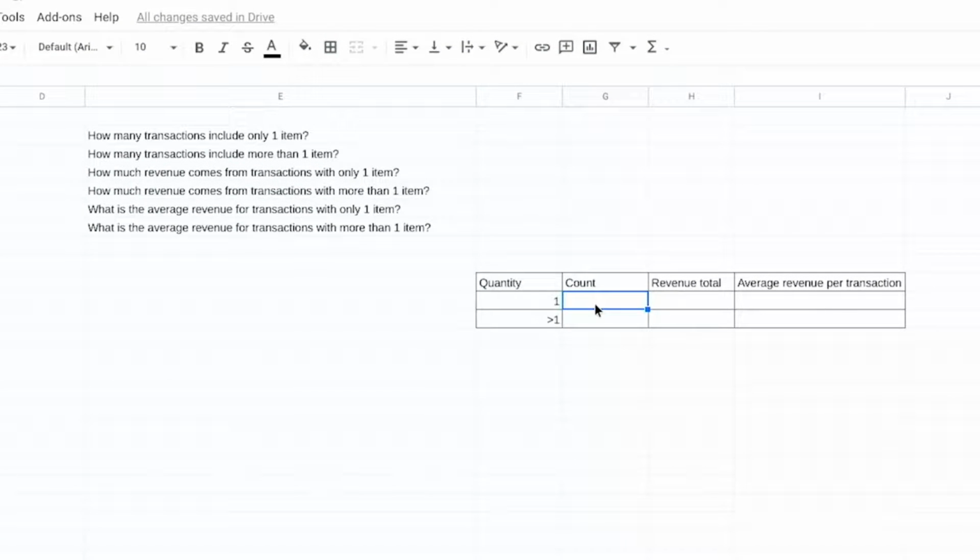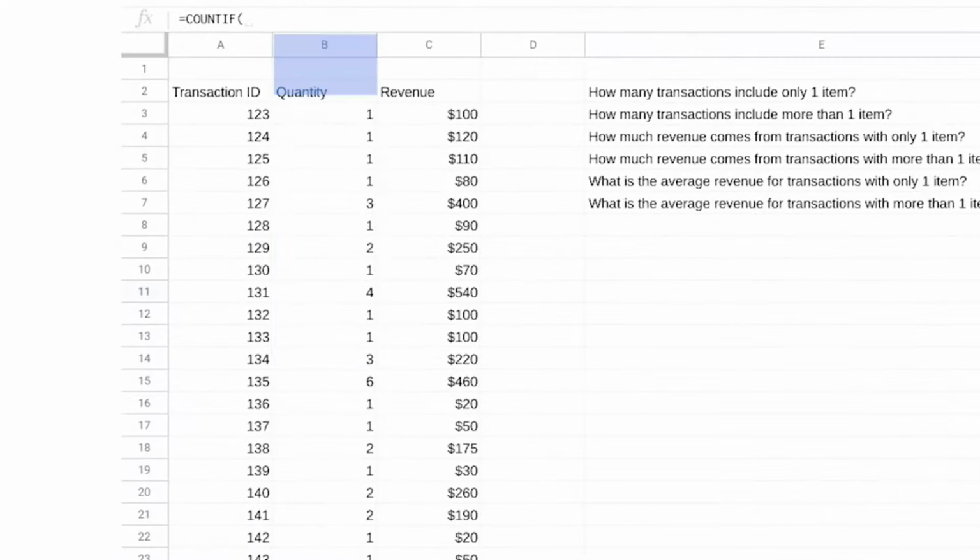To answer this, we'll add a formula using the COUNTIF function in cell G11. We'll begin with an equal sign, COUNTIF, and an open parentheses. Column B has data about quantity, so we'll select cells B3 through B50 followed by a comma.